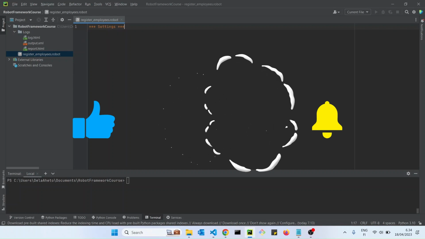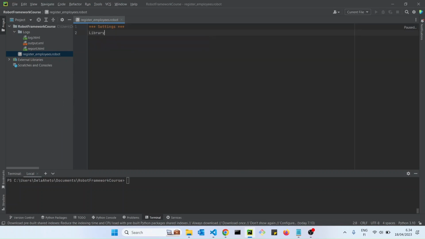So first the settings. Then in the settings we have the library we want to use, which is the Selenium library. After that, the variables. We are leaving that blank at the moment. And then test cases. And then the keywords. So typically we need to give our test cases descriptive names. So let me go with register employee 1. And then we give it